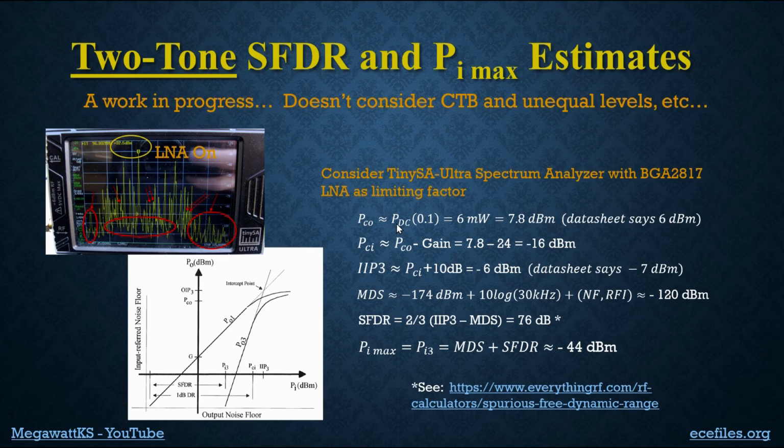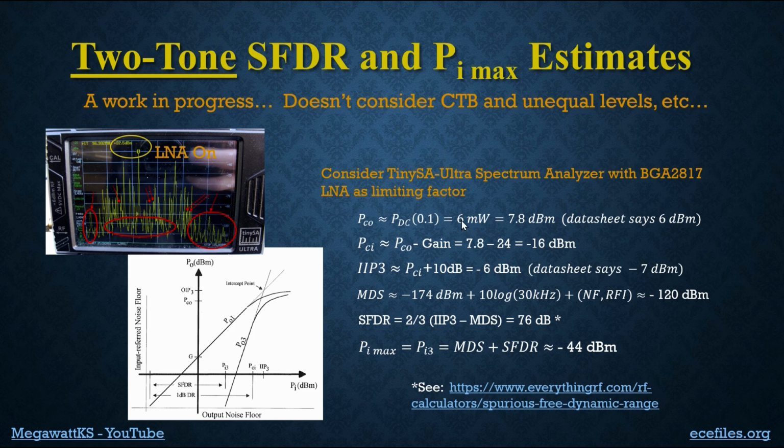We could just say the output compression point is 60 milliwatts, the DC power consumption of the chip, times 0.1. That'll give us 6 milliwatts. That's 7.8 dB. That's pretty close to 6. All right, you can come at it either way. Read the data sheet, or if you don't have a data sheet and you're designing something, then you can come